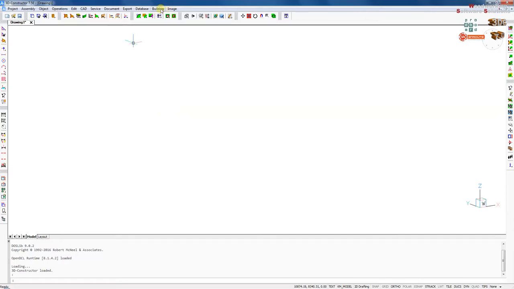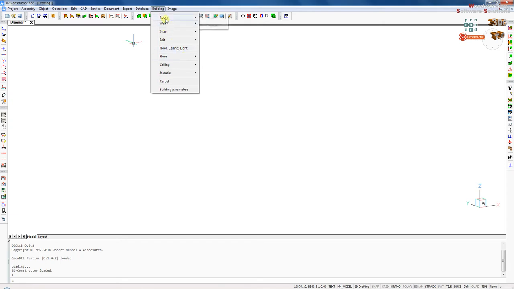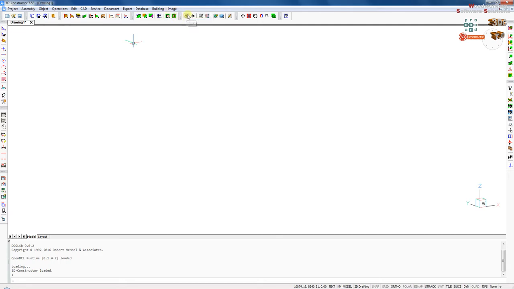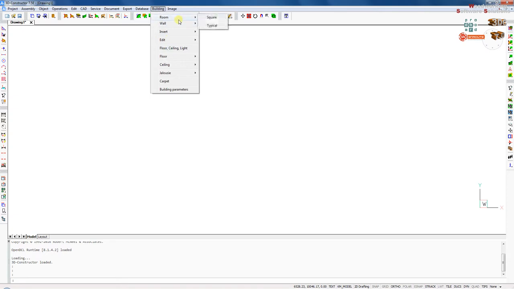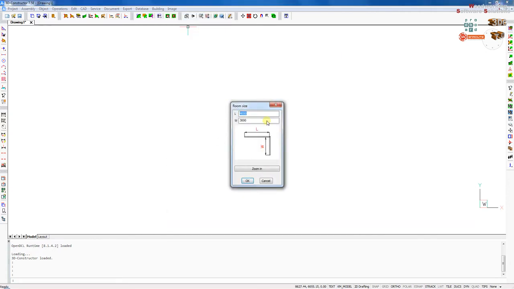Building a room. To do that we need to go to the building menu and select one of the options given in the menu. To make design easier, I would recommend you to go and select top view. We've got some options to build a room. So we've got a room and we can go with the typical models and we can select and specify size